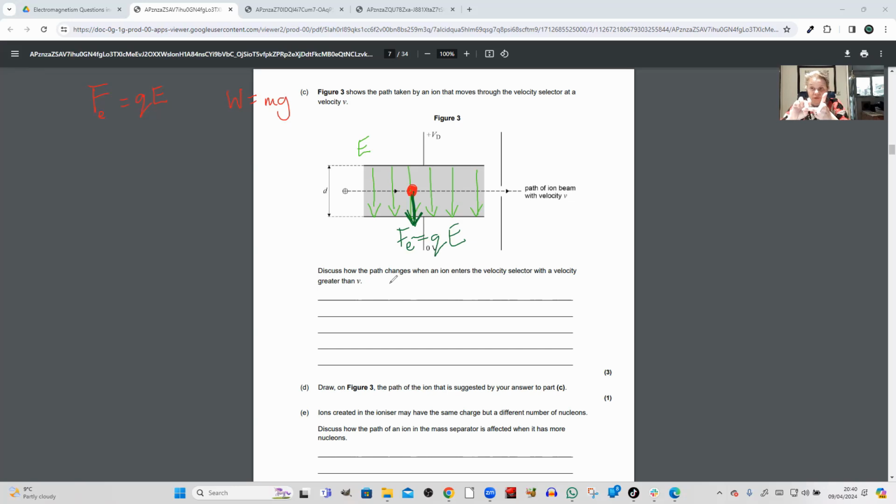The second finger is the current, and these are positive ions, so it's the way they're moving, so that's to the right. And you see that there would be a magnetic force upwards. So what I want you to realize is that if I'm going to draw a circle around this and draw a cross, which indicates there's a magnetic field into the page at that point, okay? And so we will end up with a magnetic force upwards, and it's exactly the same size as the electric